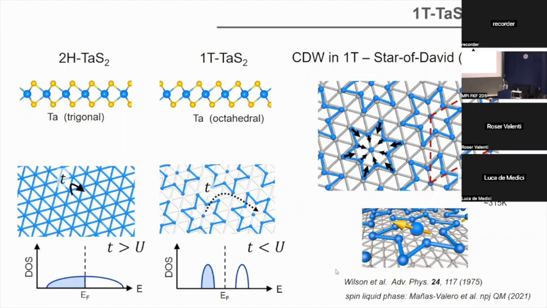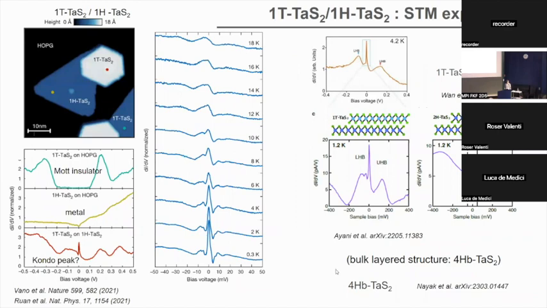But what I'm interested in now is bringing these two systems together and forming a bilayer. And this is what has been done experimentally by various groups. And here I'm just showing some of the experimental results, and let's see what is observed and how we interpret that. So what I'm going to describe in more detail is the experimental measurements by Vano and collaborators